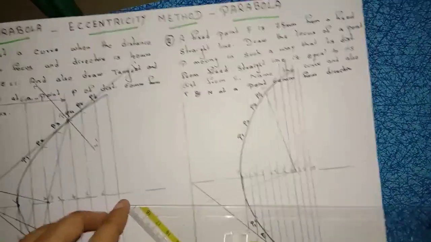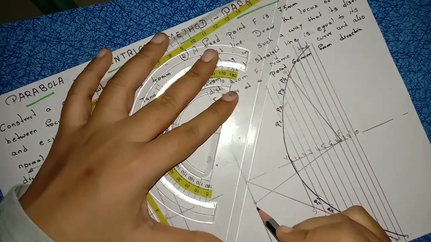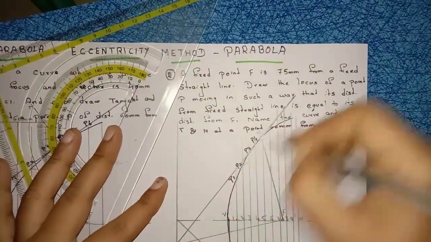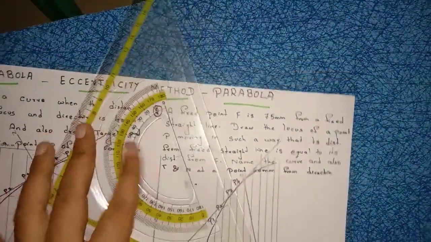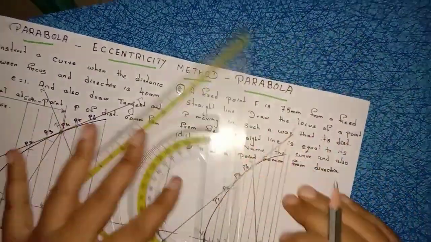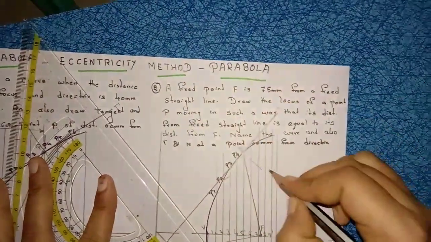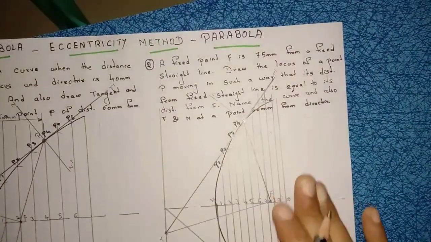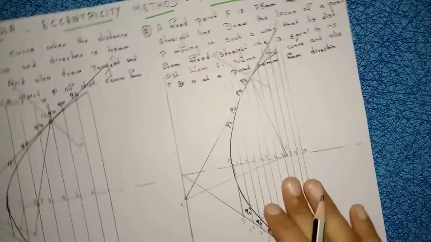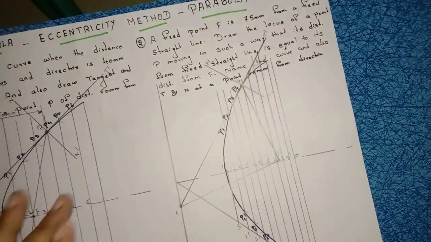Draw a line. Now join this point and P point, you will get the tangent, T dash. Exactly perpendicular to the tangent is the normal: place your protractor on this tangent, mark 90 degrees. The perpendicular to the tangent is the normal, N dash. See, for me this place is not sufficient, so the diagram is getting into the question. Please don't do this in your notes and please don't do this from an exam point of view also. The diagram should not touch the question.